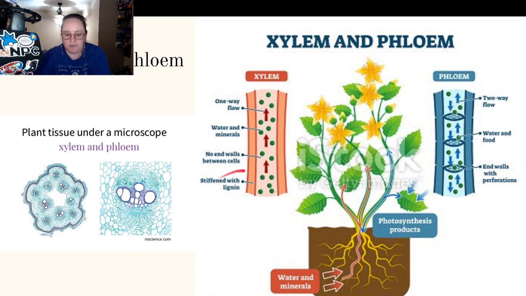And again, the phloem has 2-way flow. Xylem is 1-way. That's it. It's just water and minerals. There's no end walls between the cells. It's stiffened with lignin, because we need that stiffness to help us with the capillary action as well as the evaporation once it gets to the stomata and brings that draw up the straw, kind of like when we suck on a straw. So phloem is 2-way because of these end walls with the perforations, and it's water and